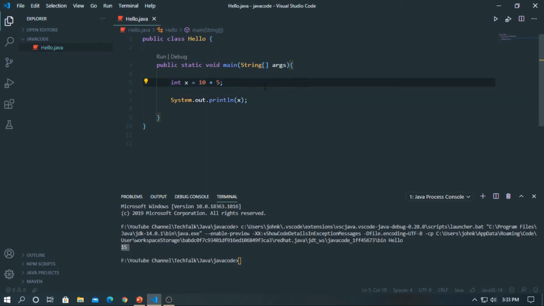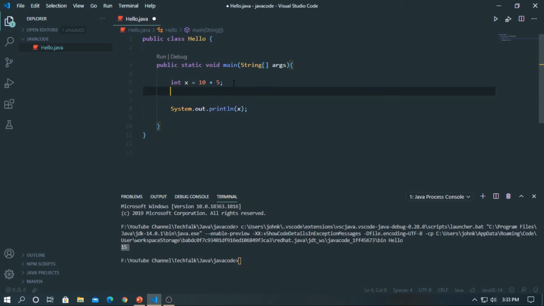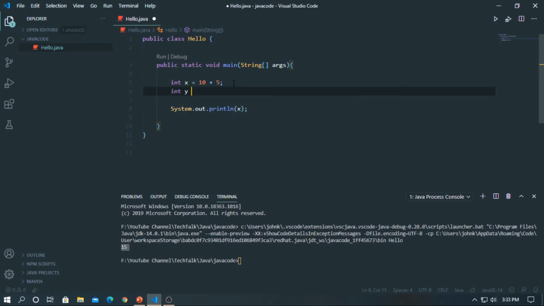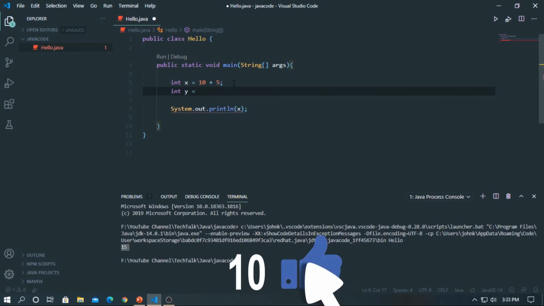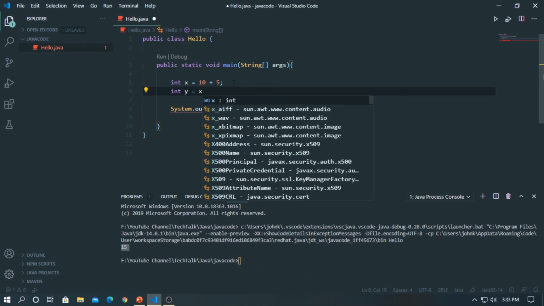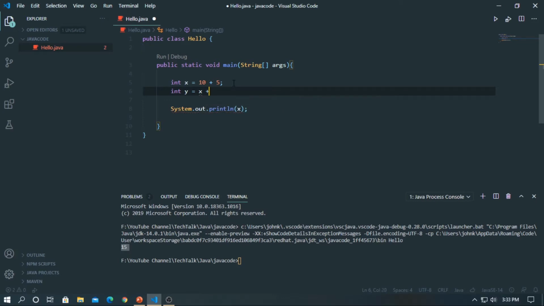One variable and one value. Let's get another integer type variable y, and we will add one variable and one value. So the variable is x plus a value of 5.